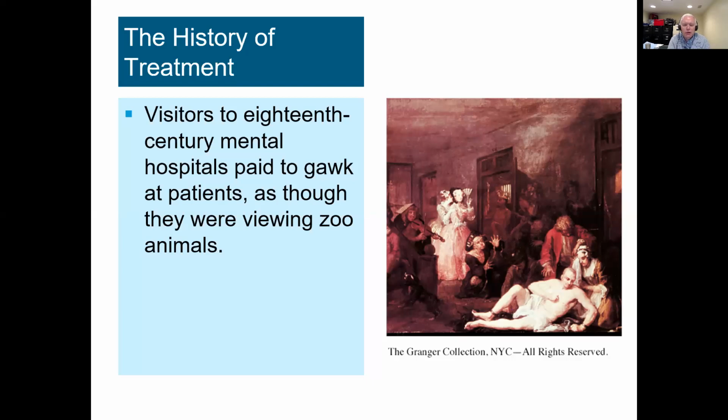This picture from our text reminds us of this, showing in the 18th century in mental hospitals, one being Bedlam Hospital in England. Actually, the wording on that is Bethlehem Hospital. They pronounced it Bedlam Hospital. People would actually go there for entertainment and pay for a ticket in order to be taken on a tour of the hospital where they could look at the patients and laugh at them, make fun of them, as if they were animals in a zoo.